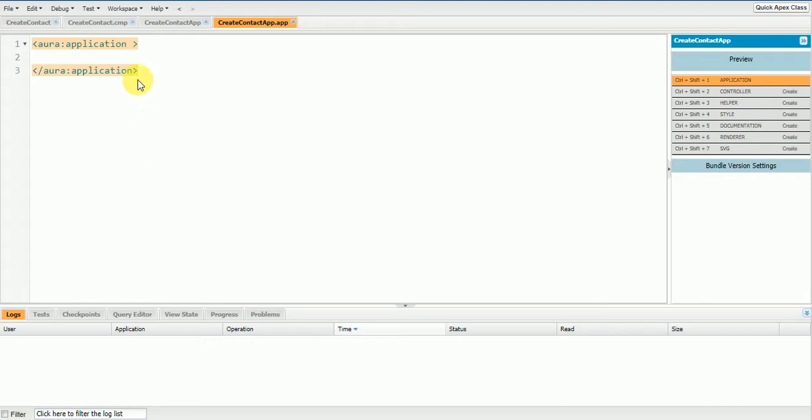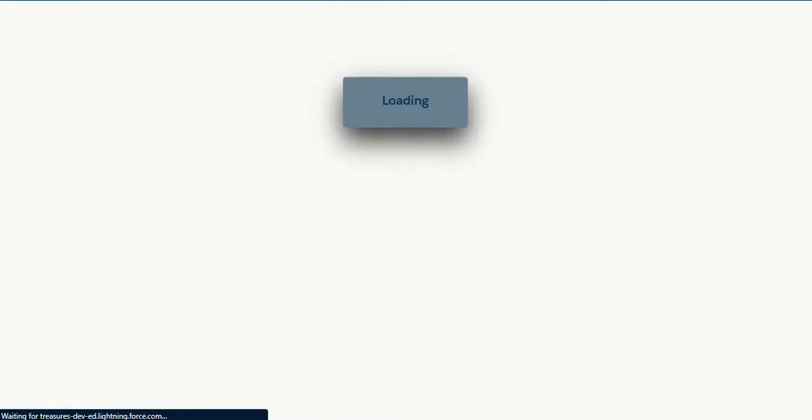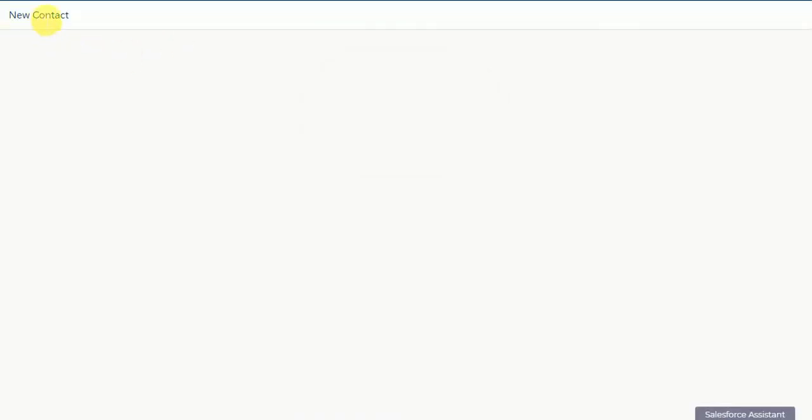I'm going to embed my Lightning component into my app here, c:createContact, and here I'm going to extend force:slds and click on preview. So you can see my Lightning card here.